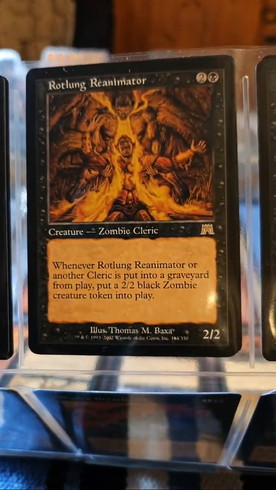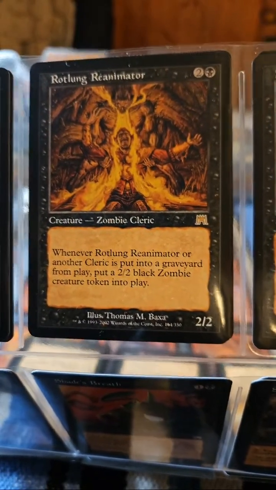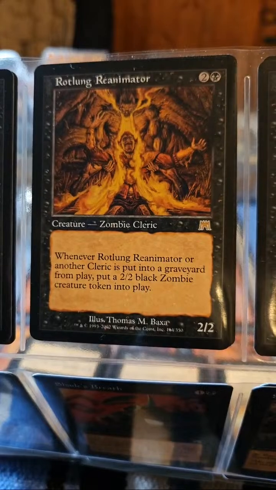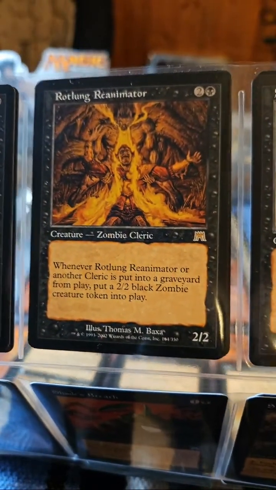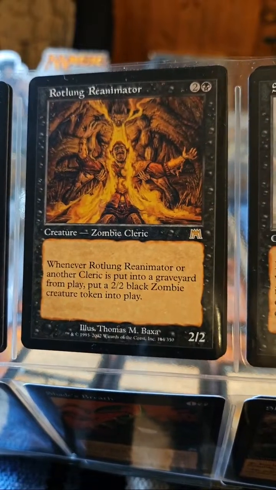Next, we got the good old Rotlung Reanimator. Who remembers this guy? Zombie Cleric, 2/2 for 3. Whenever Rotlung Reanimator or another cleric is put into a graveyard from play, put a 2/2 black Zombie creature token into play. Again, you wanted to have a mix because you needed to have clerics being put into graveyards, but, you know, your creature would tend to...